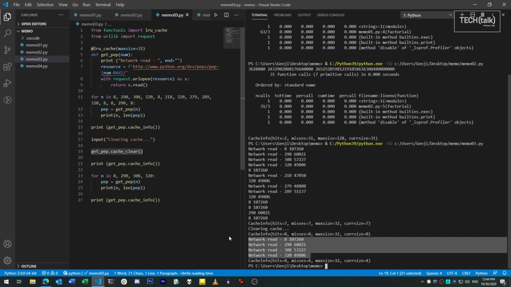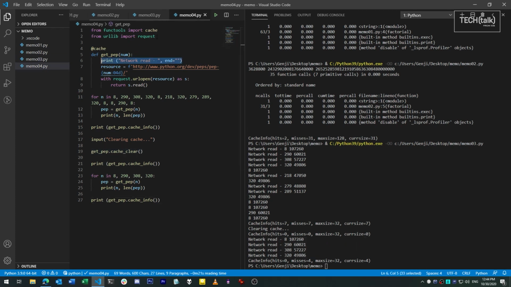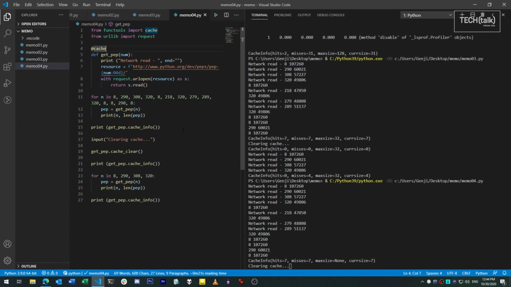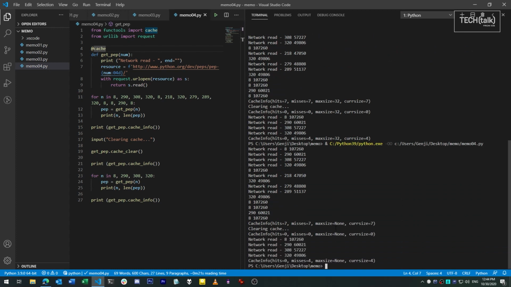Now, as of Python 3.9, there's a new variant of lru_cache called simply cache. The difference is that cache is unbounded. It never expires entries. It has no limits on how many entries it holds. So it runs a little bit faster since it doesn't have to check for expiration. Now you can still use cache_clear to wipe the cache, and you could also use the cache_info method to check if the cache is getting unwieldy and clear it out manually. So if you want to take a little bit more direct control of how the cache works, you can use this method instead of lru_cache.